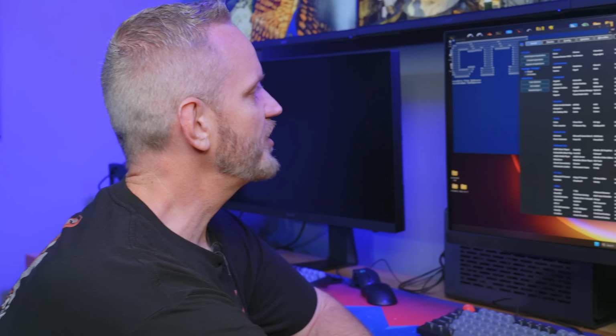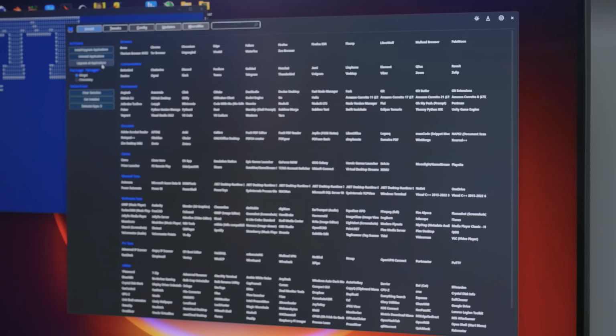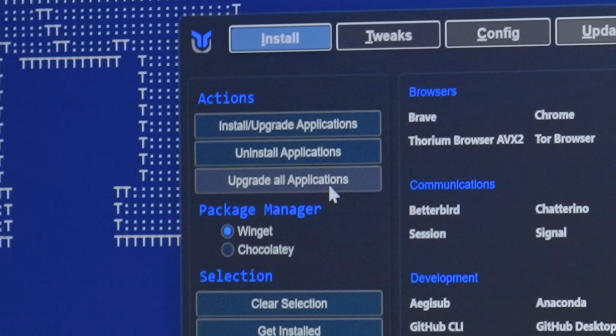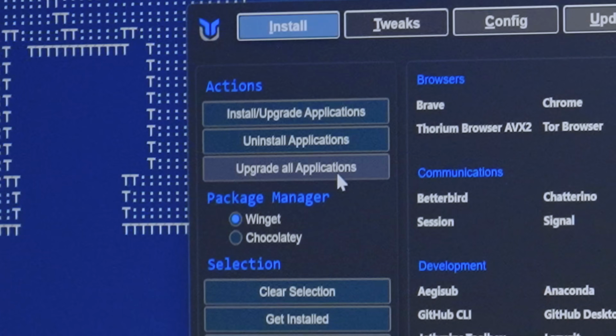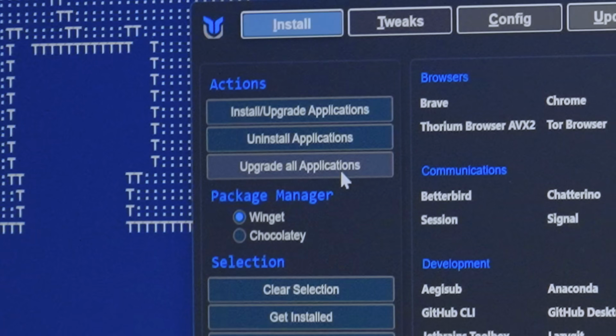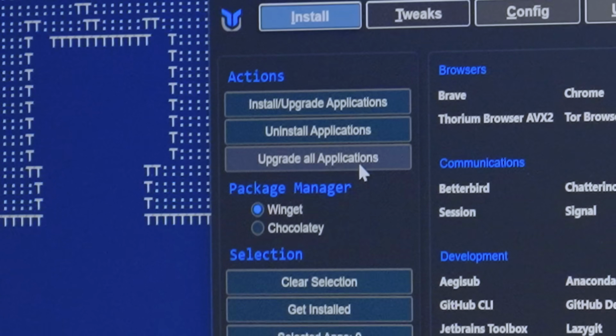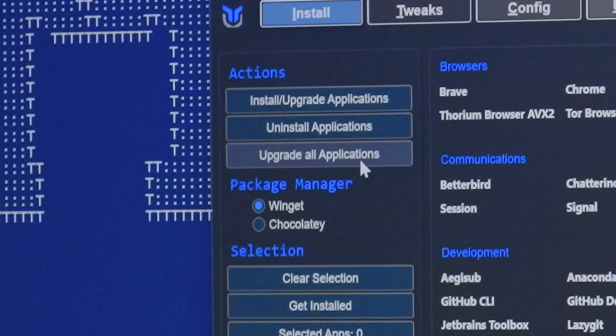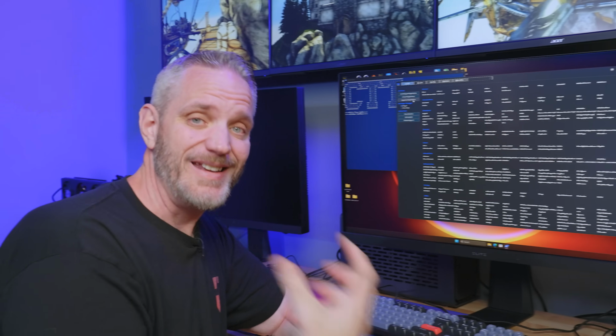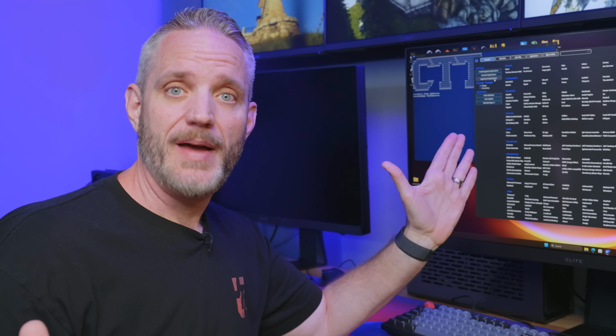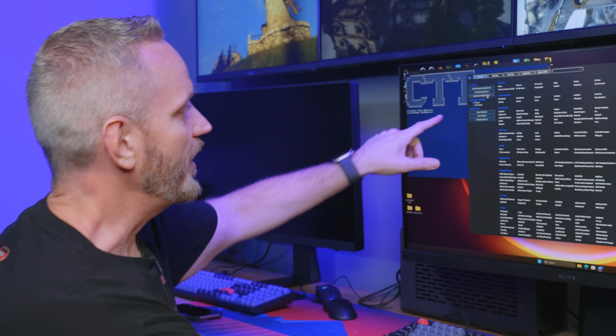And this is where it's actually pretty nice to do upgrade all applications. Now, upgrade all applications I like, because what it's going to do is it's just going to quickly go through the list and say, if installed programs equal programs that are on this list, let's automatically go online, fetch the latest update, download it, and install it all as a command shell or a PowerShell. So it's pretty neat. Watch. So I'm going to do upgrade all